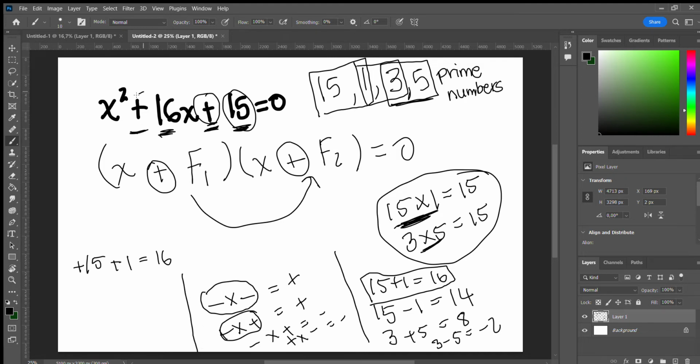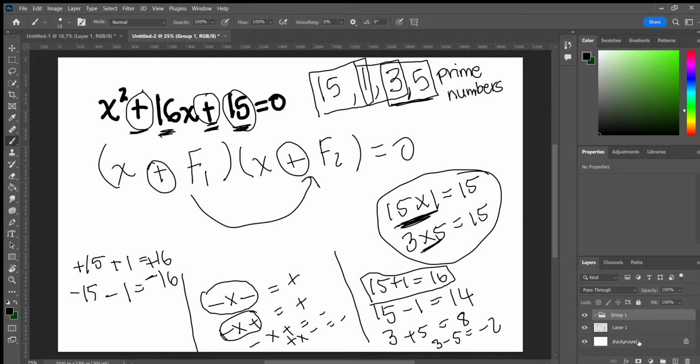Here, if we had a minus, that would be minus 15 minus 1, which should be minus 16. But we want plus 15 plus 1, which is going to be plus 16. So yeah, now let's erase all that and